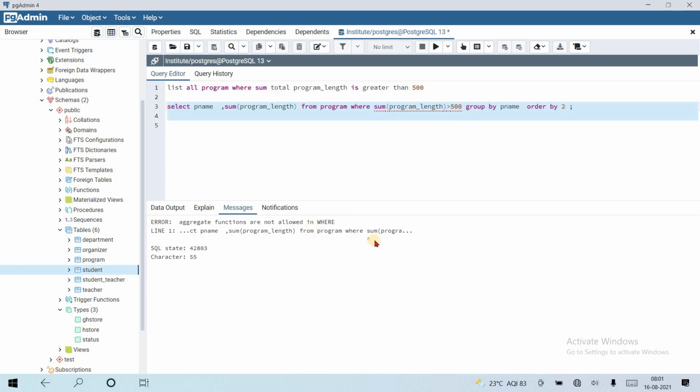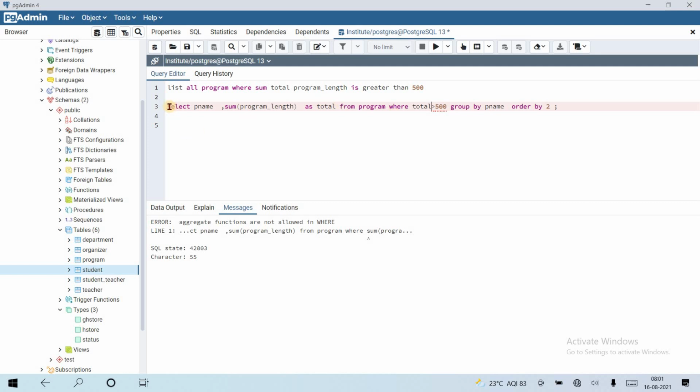Oh, you can see that we cannot use an aggregate function in the where clause. So aggregate functions are not allowed in where. So can we use a column alias here, suppose total, and let's make total greater than 500. Is it going to work? Let's see.